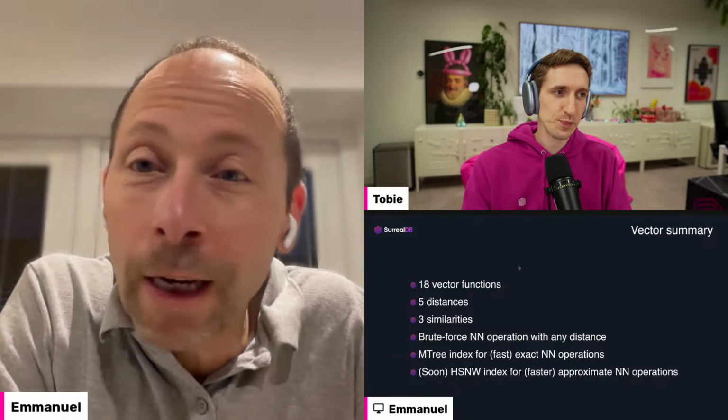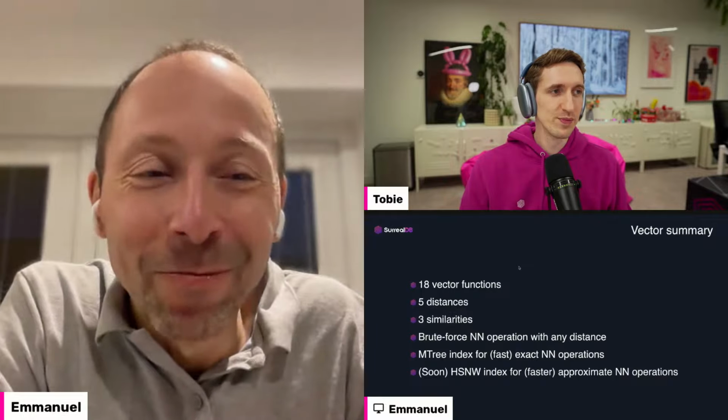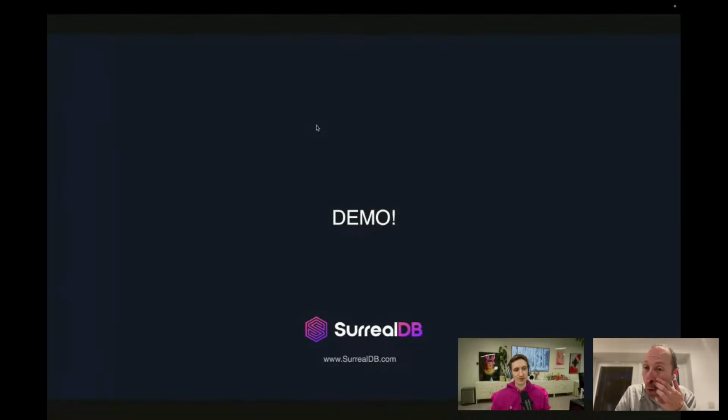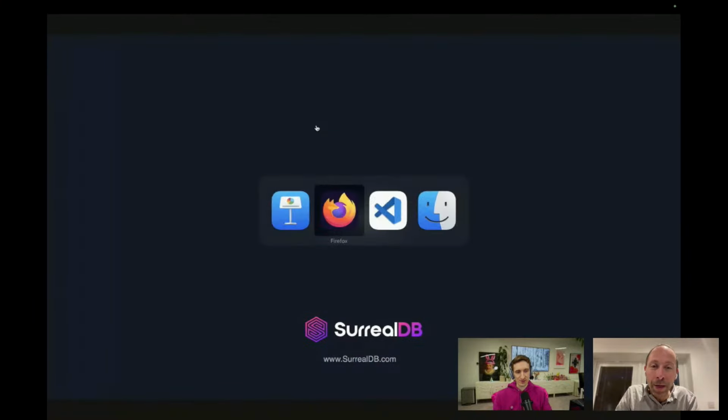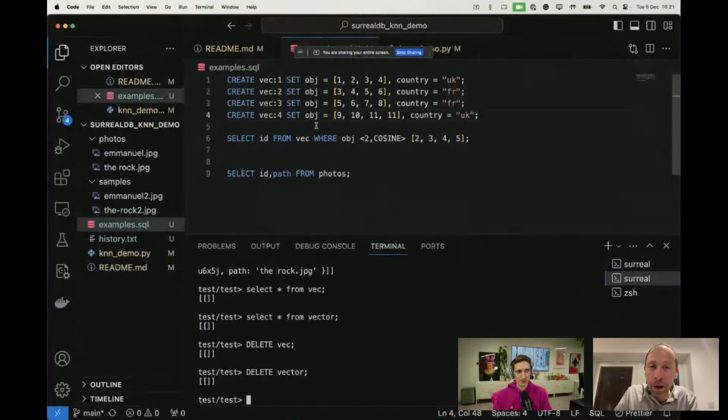Okay, so I have a demo. I will give an example because I think there is nothing better than an example. If you let me, I will go with the demo, and you will understand why we need vectors. So I have made this. I guess we are all comfortable with Visual Studio Code, right? I'm going to show you my environment, but you are going to see that it's pretty simple.